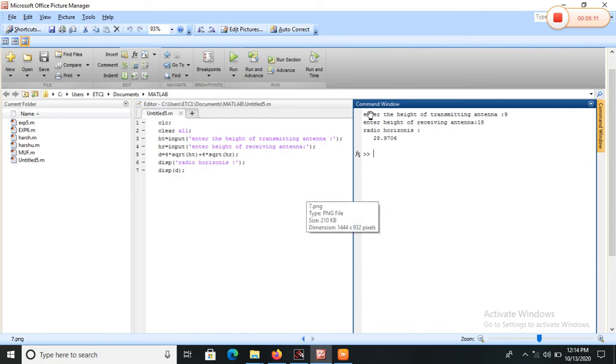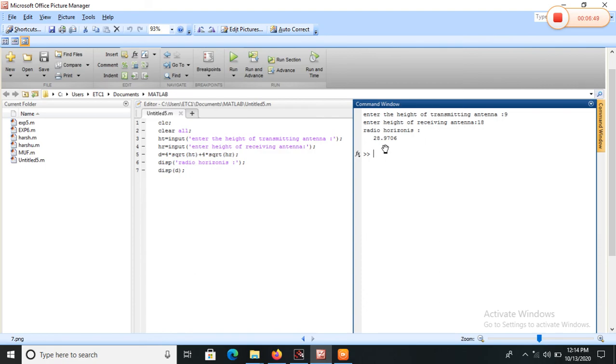When we run the program, we get the command window, which first asks to enter the height of the transmitting antenna; I have entered the value 9. Next, enter the height of the receiving antenna; I have entered 80. So directly we get the radio horizon as 28.97.